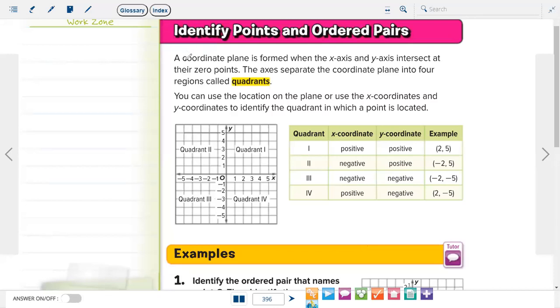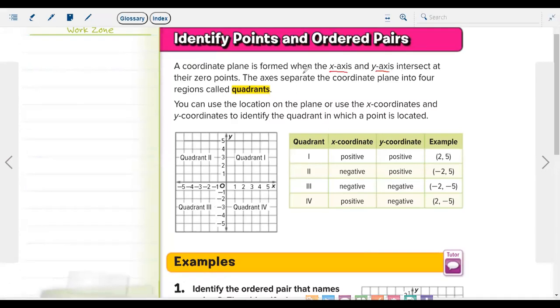So a coordinate plane is formed when the x-axis and y-axis intersect at their 0 point here. This is the x-axis, and it's always a horizontal line, and the y-axis is always a vertical line. The axes separate the coordinate plane. Plane means our page. The two axes separate our page into four regions